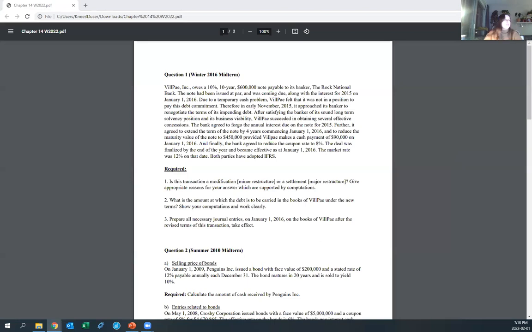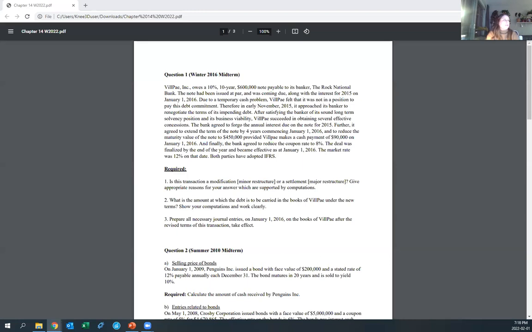So for question 1, VilPay Inc. owes a 10%, 10-year, $600,000 notes payable to its banker, the Rock National Bank. The note had been issued at par and was coming due along with the interest for 2015 on January 1st, 2016. Due to a temporary cash problem, VilPay felt that it was not in a position to pay this debt commitment. Therefore, in early November 2015, it approached its banker to renegotiate the terms of its impending debt. After satisfying the banker of its sound long-term solvency position and its business viability, VilPay succeeded in obtaining several effective